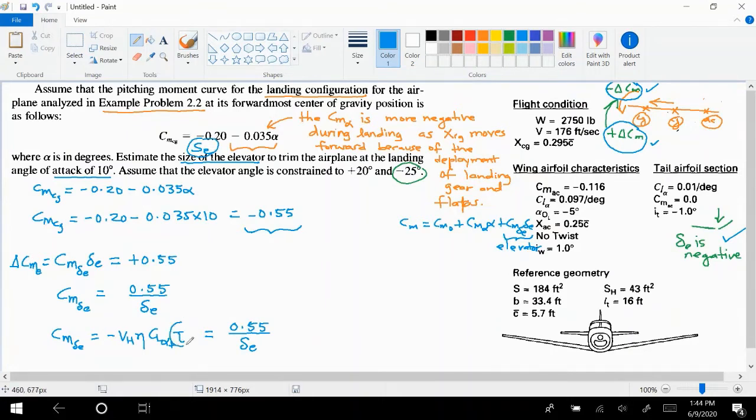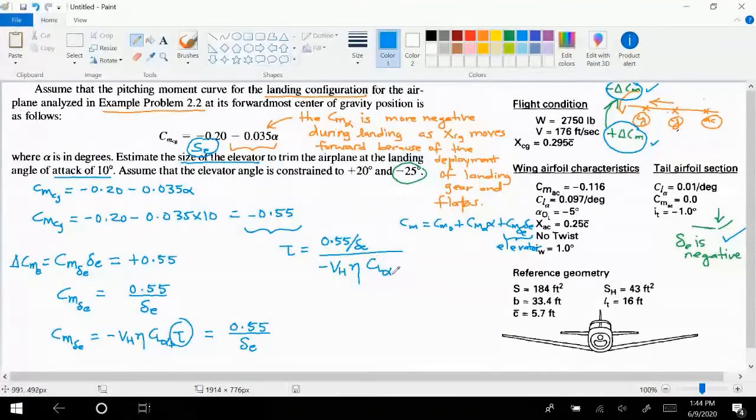Well, that is contained in the tau. I can say that tau equals 0.55 divided by delta E over minus VH